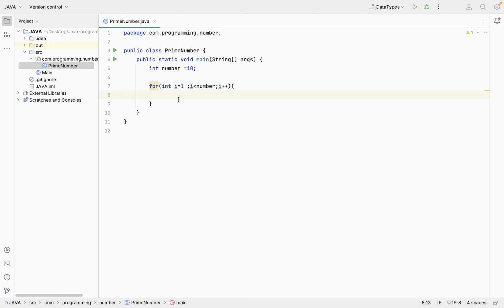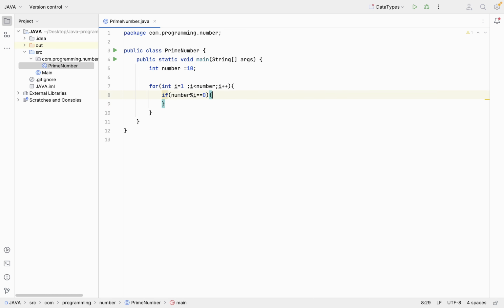So here it is simple. We will check if the number, that is 10, is completely divisible by i, and its remainder should be 0, right? And here we will say that this is not a prime number.